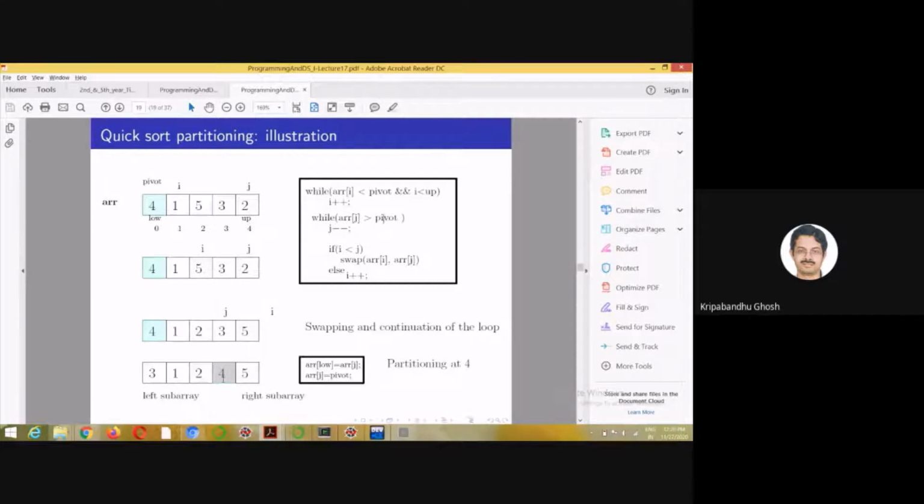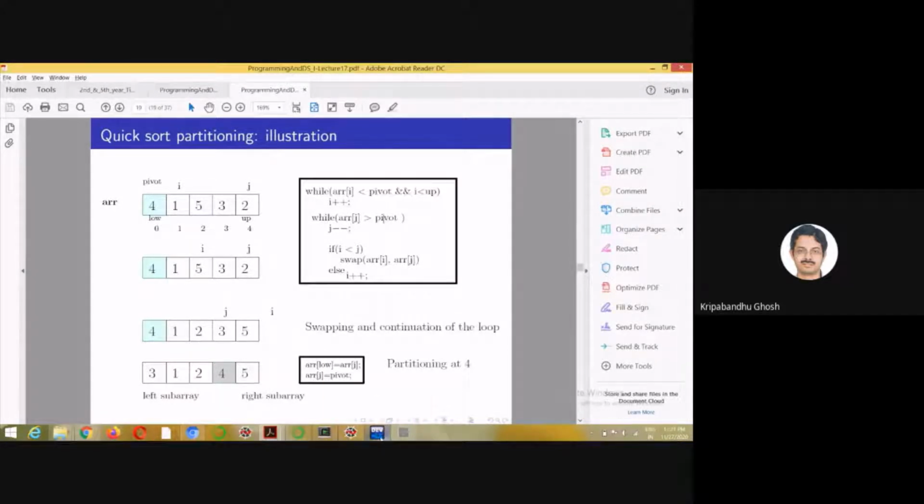After this step, this is the right position of 4 in the sorted array. There are 5 elements, 1, 2, 3, 4, 5, and this is the right position of 4. Now this partitioning will be done on the left subarray and the right subarray, and this will go on until the array is sorted.